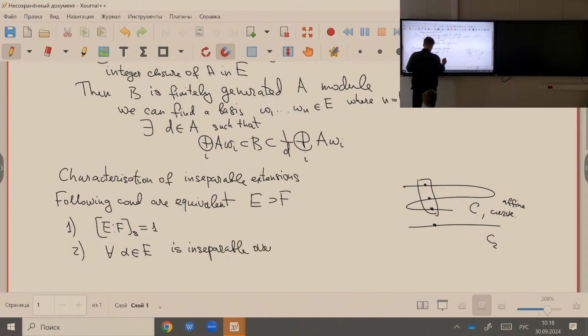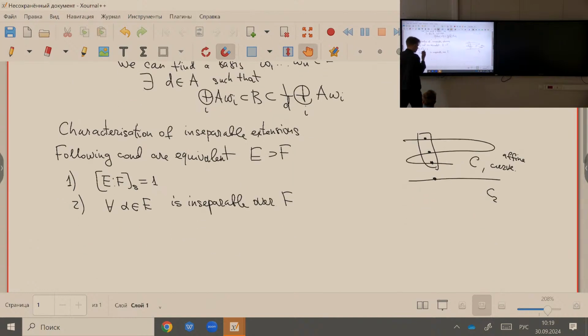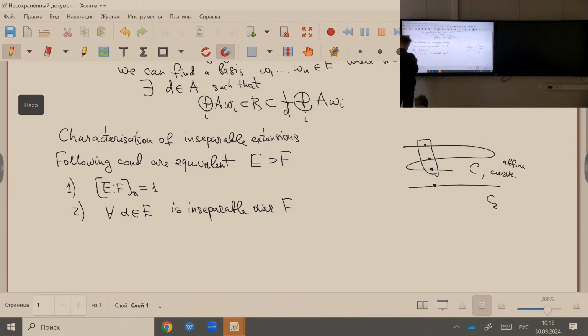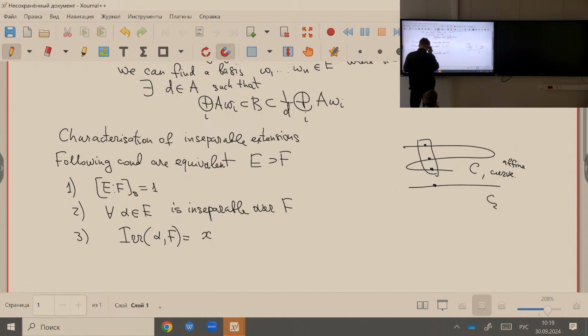Over F, meaning that it is a root of, so its minimal polynomial has multiple roots. Or we have described how this polynomial looks like. Yeah, so then the claim is that the irreducible polynomial of alpha over F is, so actually the inseparable meaning,